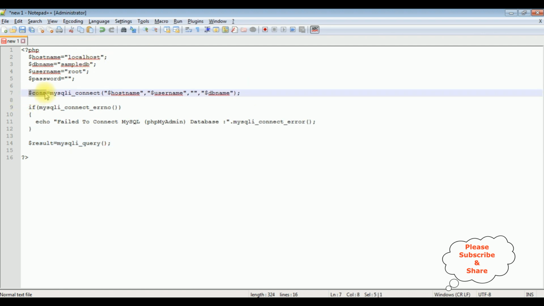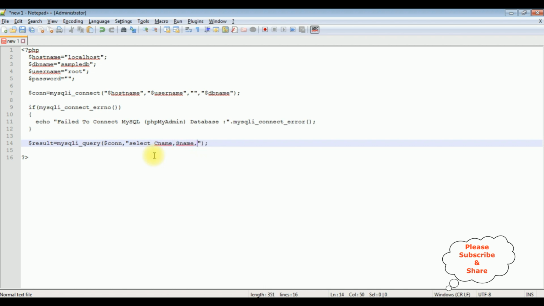The connection object is $con, comma, and between double quotes I'm adding the select. I'm joining multiple tables: the country, state and city. From the country table, I'm adding the country name, C name, the state name from the state table, and the city name from the city table, from